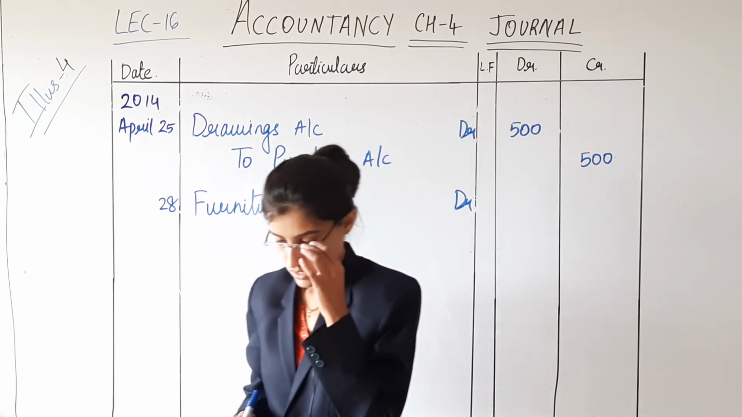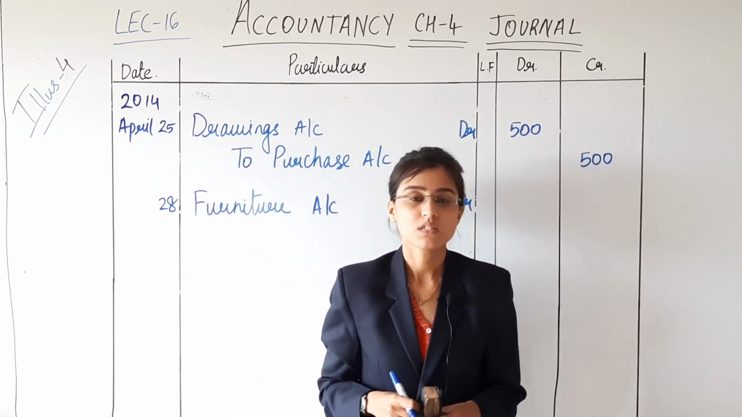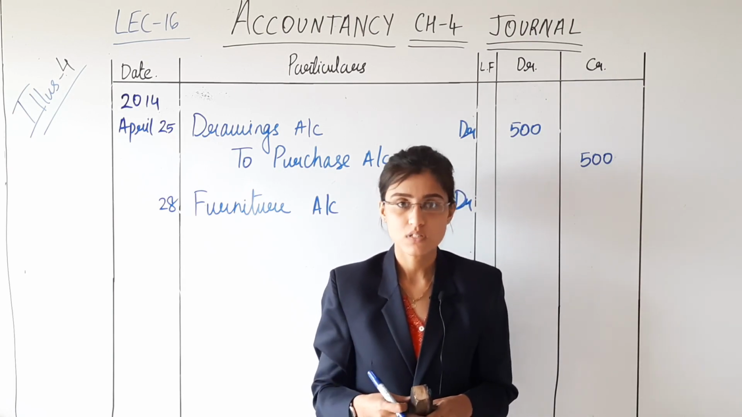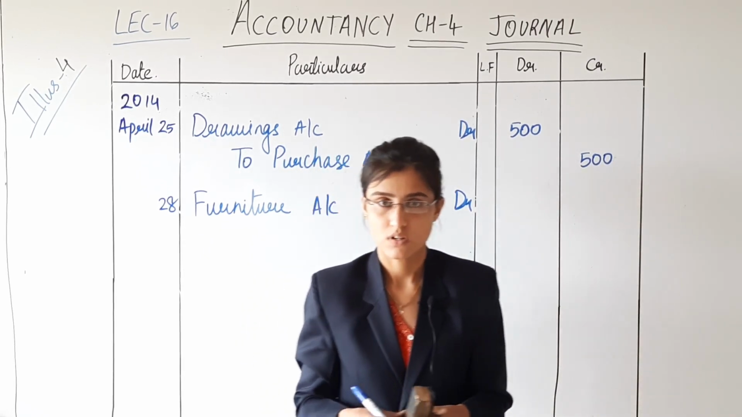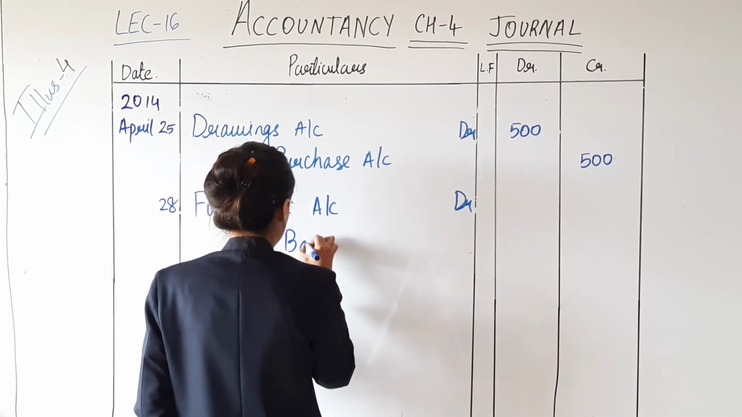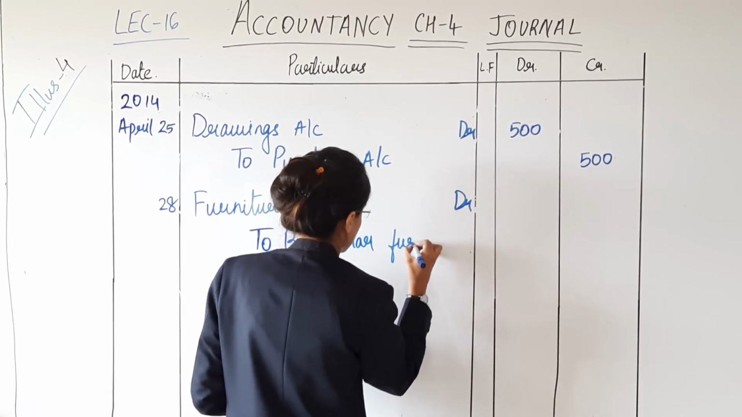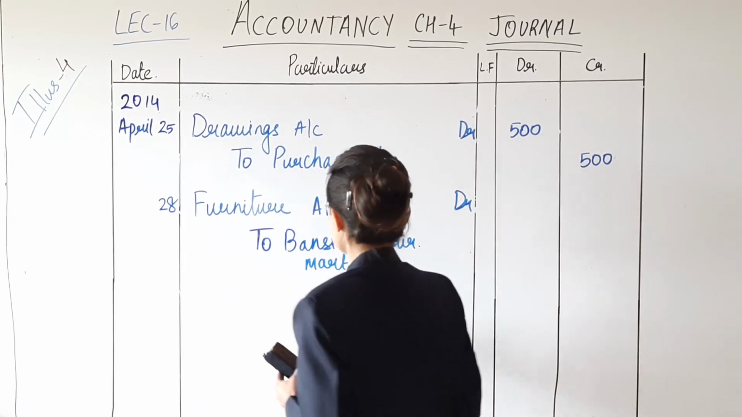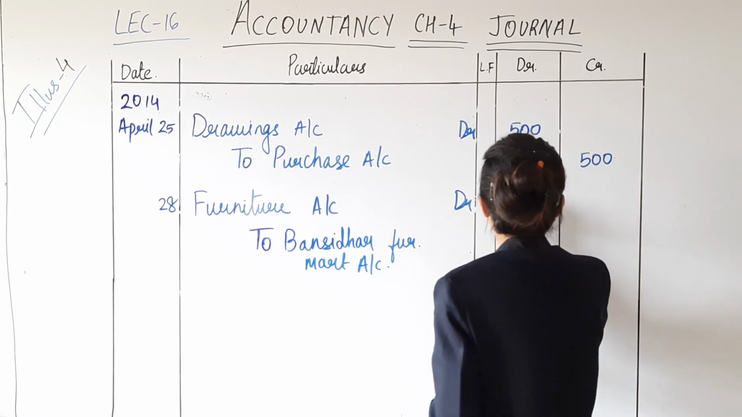Yes. So there is a purchase of furniture from Bansidhar Furniture Mart. Bansidhar Furniture Mart is the giver. And as per the rule of personal account, debit the receiver and credit the giver. So Bansidhar Furniture Mart will be credited. Because this is the credit transaction and Bansidhar Furniture Mart is the giver. There is a purchase of